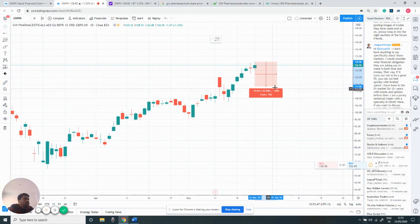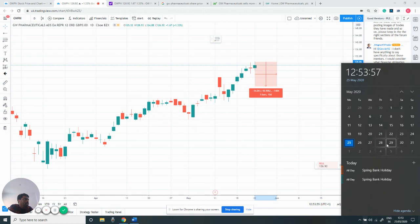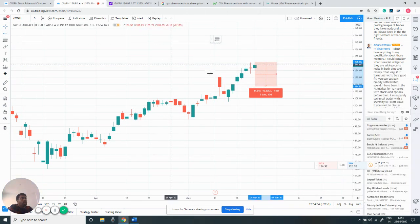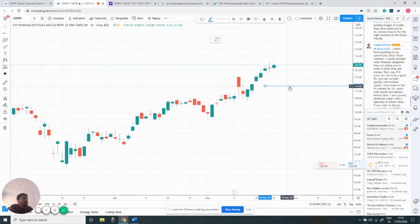So I'm thinking this stock by around the end of this month, which is around 28th, 29th of this month, or maybe by the 1st of June, would have done its complete retracement. And the retracement point I'm just going to mark here would be close to around this territory, in around this region. So I'm going to look at another 34%, but it's unlikely that the stock will touch that 34%,